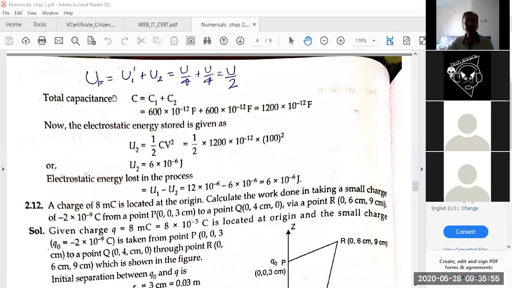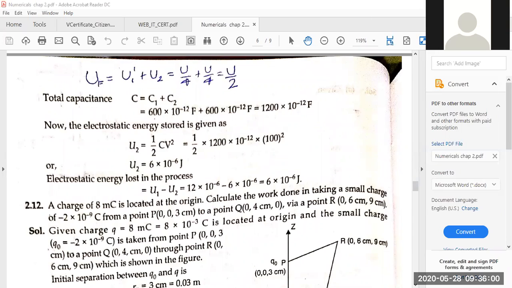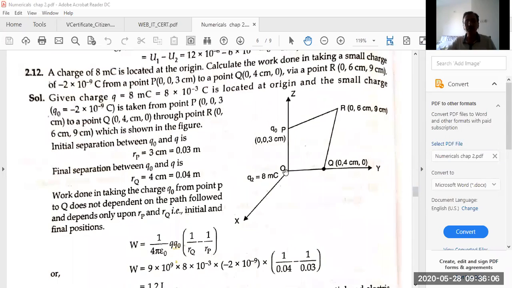I think this was the last sum that we did. Yes, sir. From 13, sir. Yeah, this one was given as homework. How many of you have tried this 12th numerical? I believe none of you.